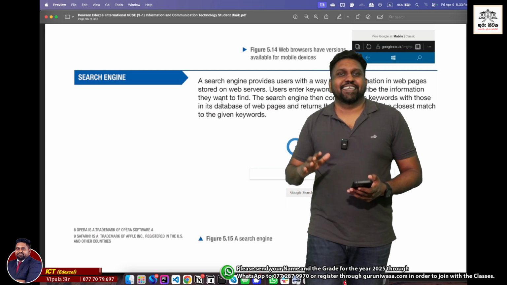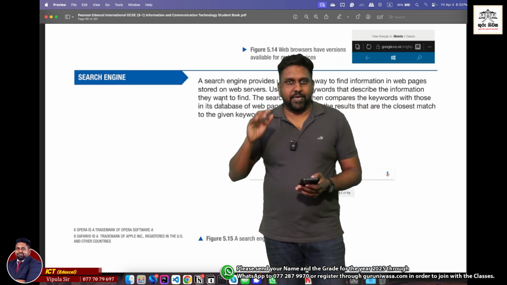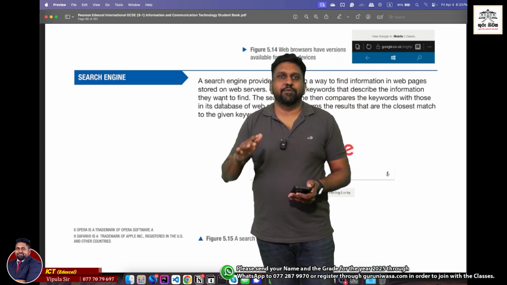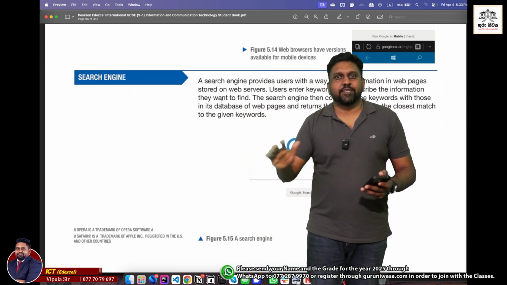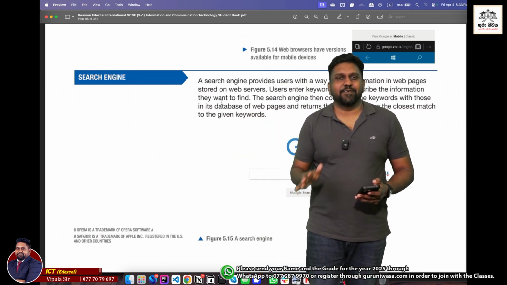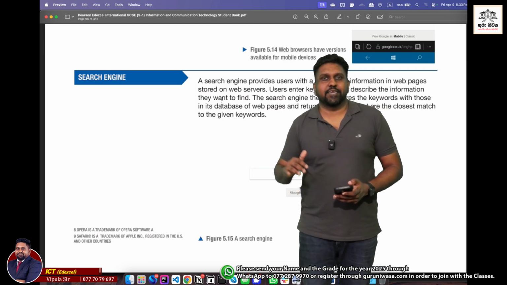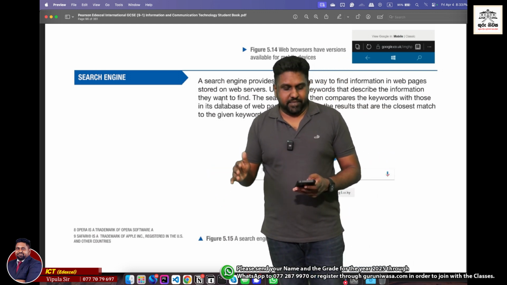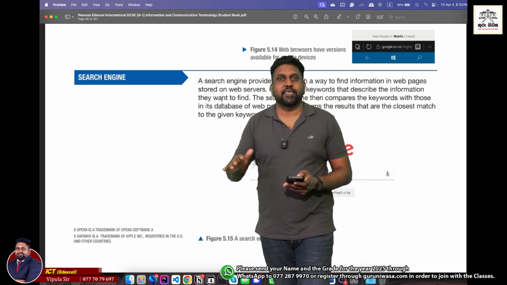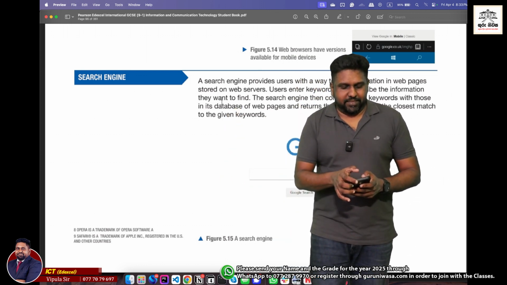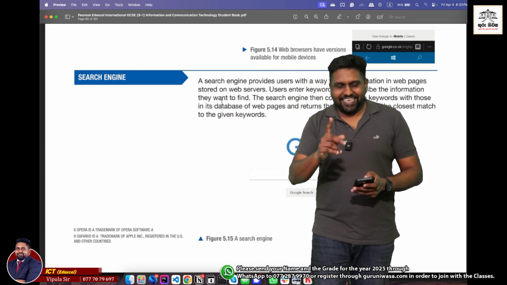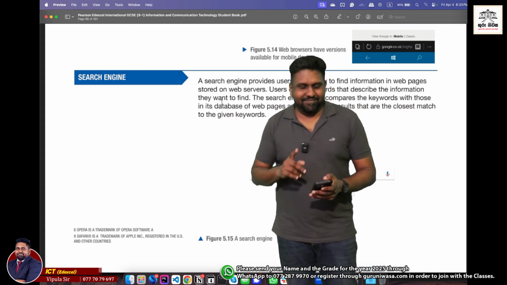But in order for you to browse it, you cannot browse it with the normal methods of browsing. You need to have something like an onion router, or a browser which has the onion router capability, so then you can browse it. I will show you how to do that, but wait until the end of